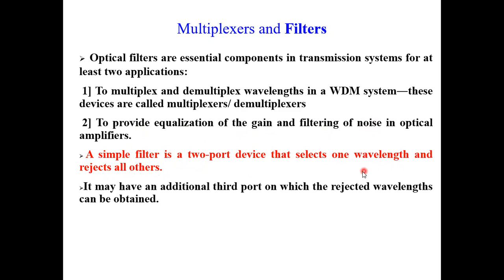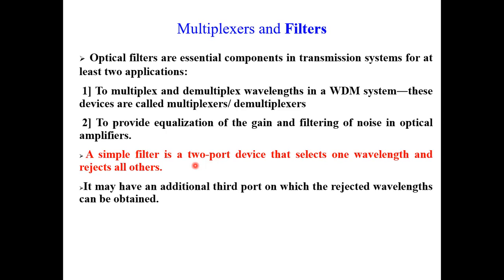Now we don't talk in terms of frequency, we talk in terms of wavelength in case of fiber optics. Okay, now see what this filter is doing also. Suppose I have multiple signals entering the filter. It is allowing only one and rejecting the others. So what do we do with the ones that get rejected? We can use them.